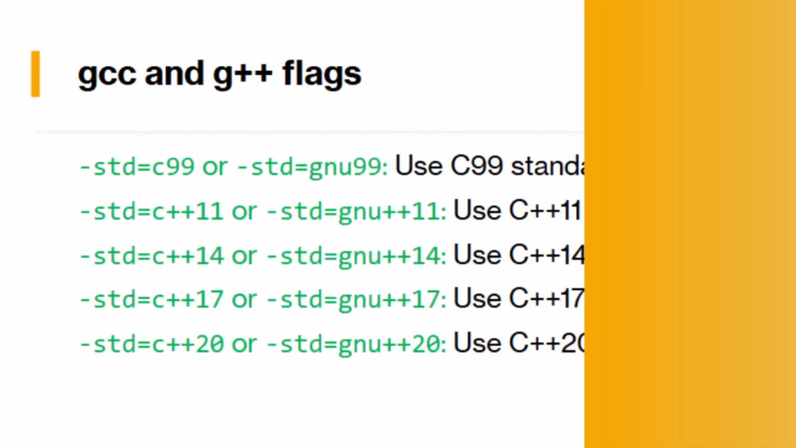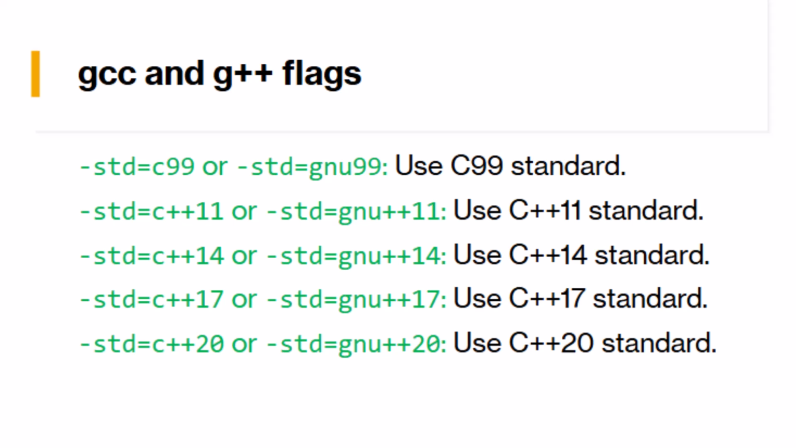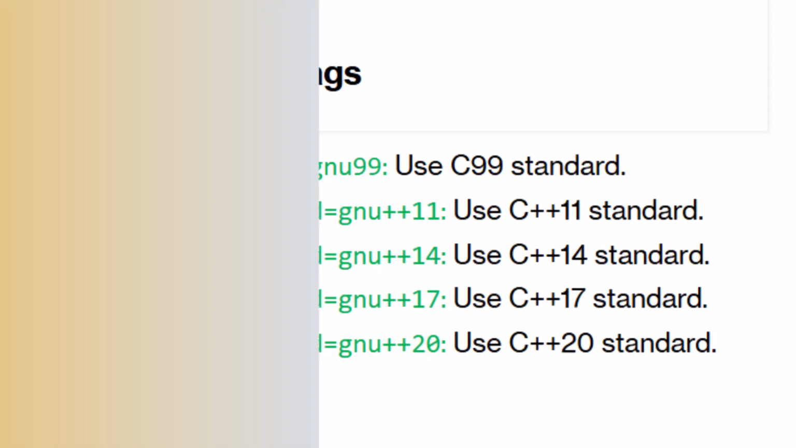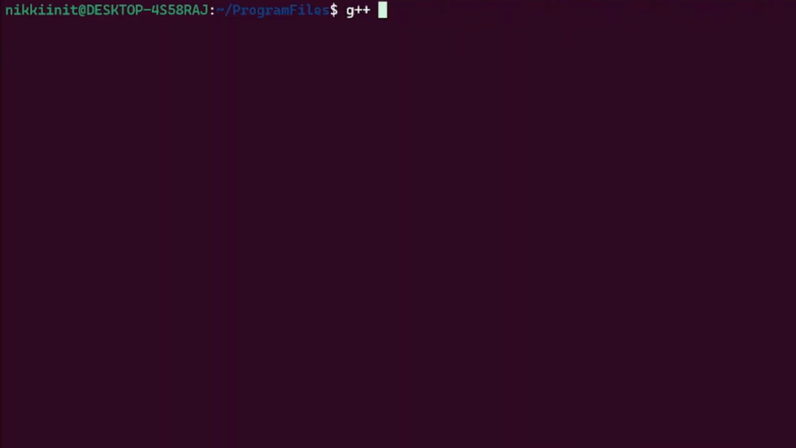Now you may also see -std=c++ and the version, and that will specify the C++ standard used. So you can say C++11, C++14. For example, you can say g++ -std=c++ and then you put the version number here, C++11. So that means you want to run your program on C++11, or on C++14, or on C++17. You're just going to specify which version of C++ you want to use. Then you give the file